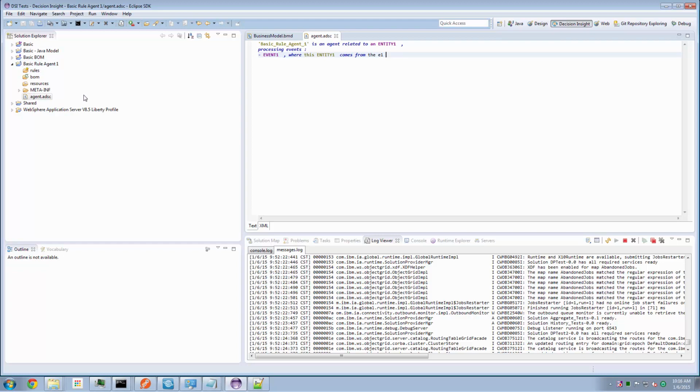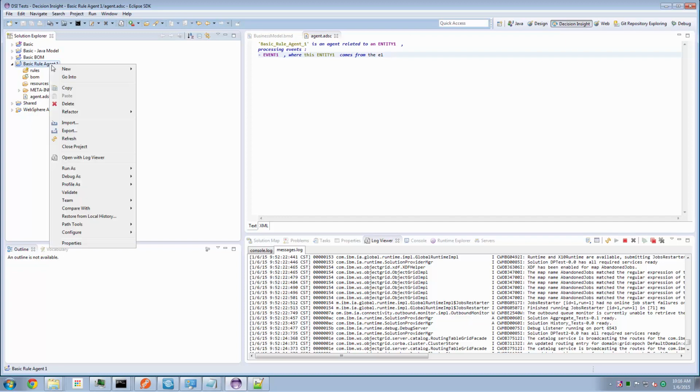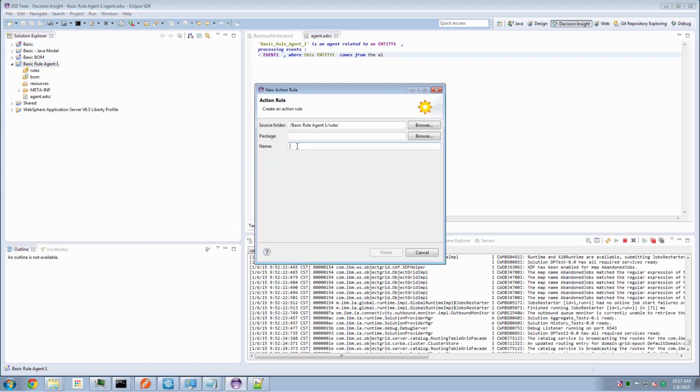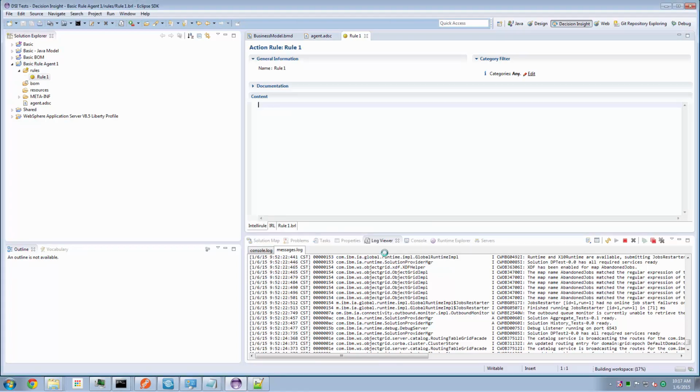Now at this point we have no rules in our rule agent, so we need to build some. I select my rule agent project, select new, and select action rule. And now I get to define my rules. So we'll call this rule number 1 and hit the finish button. And now I'm placed in my rule editor. So we're going to want just a simple rule here because this is illustrative rather than functional. So we're going to say when an event 1 occurs,